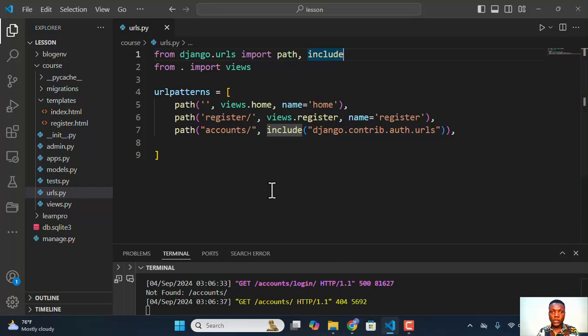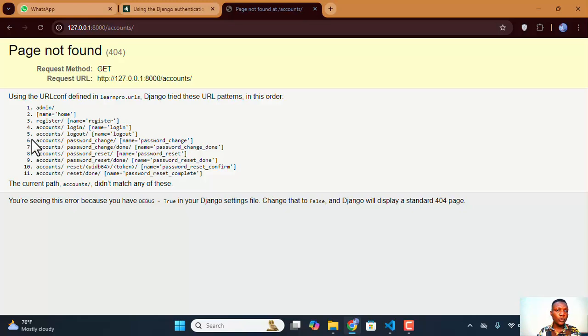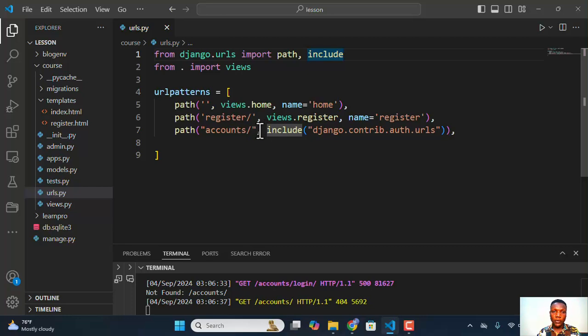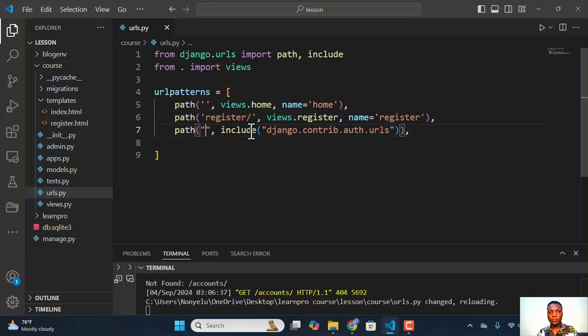Immediately I added this, you notice that Django will create some few URL patterns, which includes accounts/login, accounts/logout, accounts/password change, and so on. Now we can still customize this to our taste. If I don't want it to be on the accounts, I can just simply remove it this way,